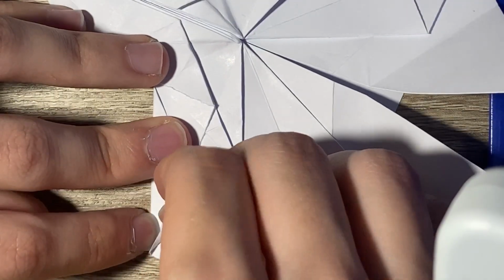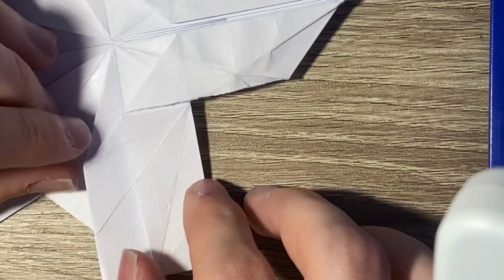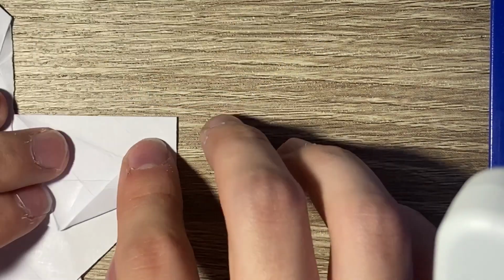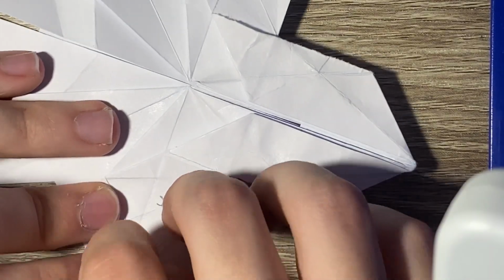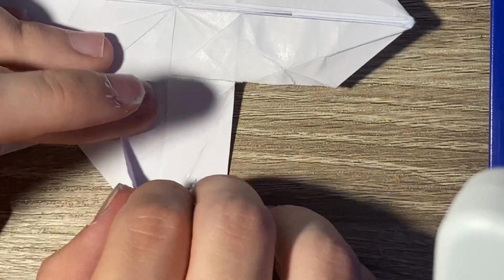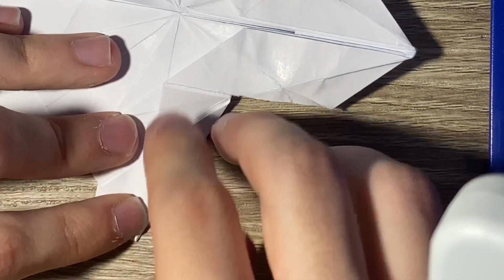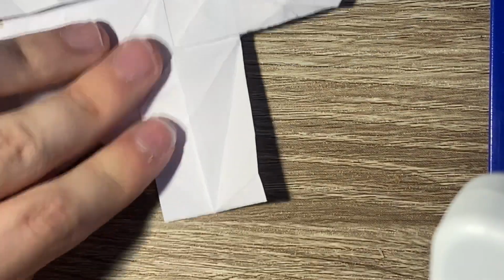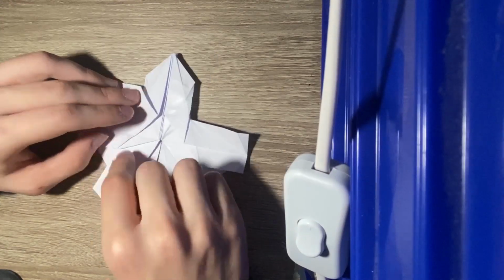And you fold the edge here to that line. Just make sure that it comes to a point. And you unfold that, and you do the same thing here. So fold this. Okay, so now we're going to kind of open sink this, and you want to kind of